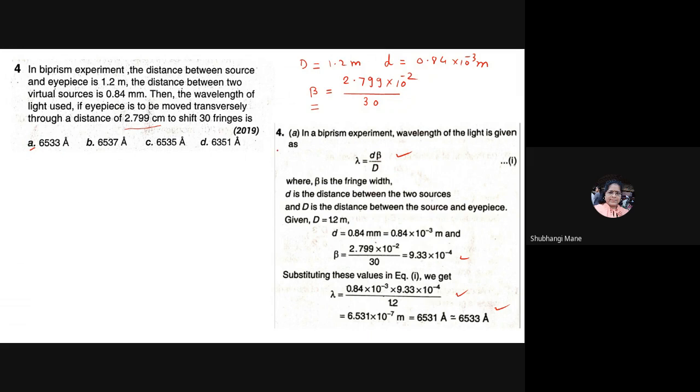You need to remember this formula and understand for how much distance how many fringes are observed. This distance is for 30 fringes. We need the distance between one successive fringe pair, so we divide by 30. Okay,